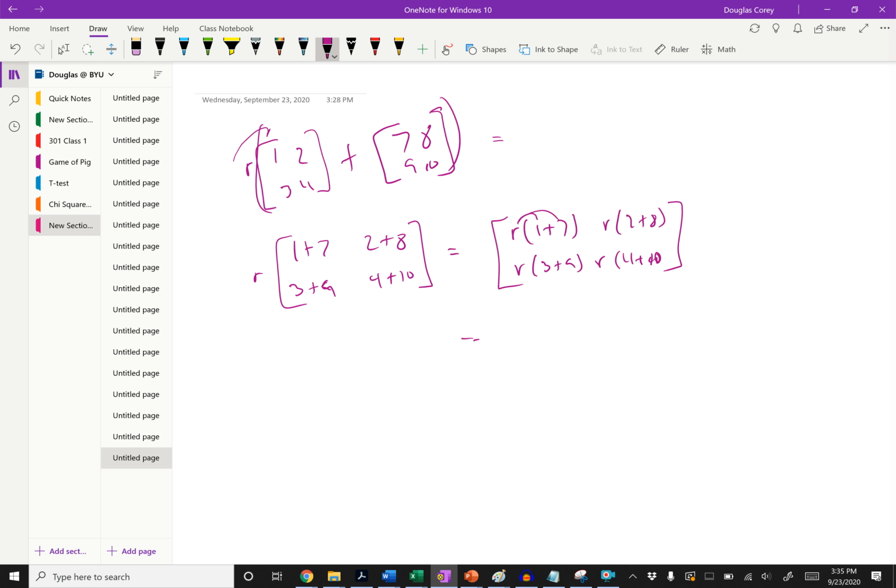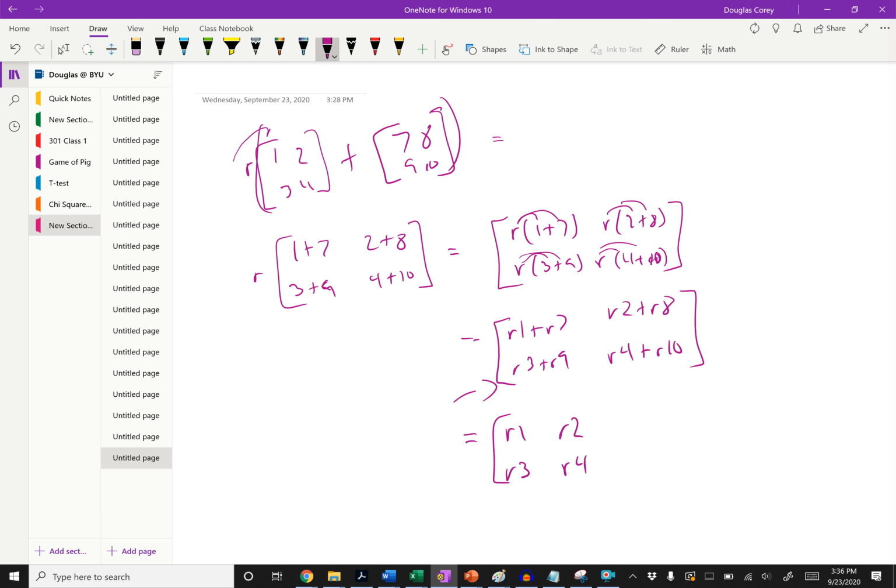And then, since these are real numbers, we know that multiplication distributes over addition. And so you can rewrite that as r1 plus r7, r3 plus r9, r2 plus r8, r4 plus r10. And now we can rewrite this as the sum of two matrices, which is r1, r2, r3, r4